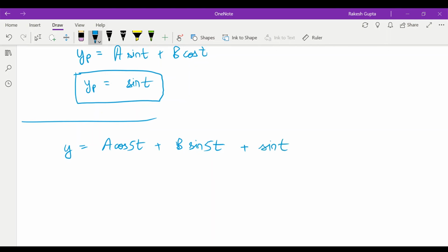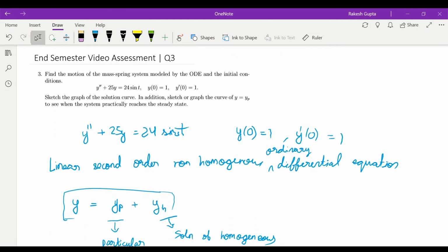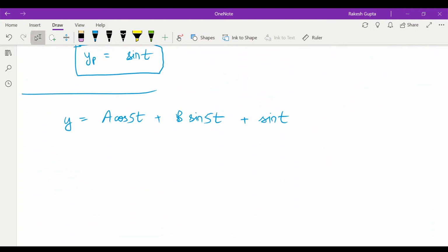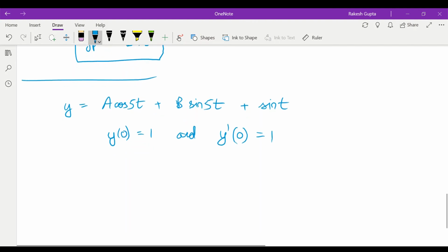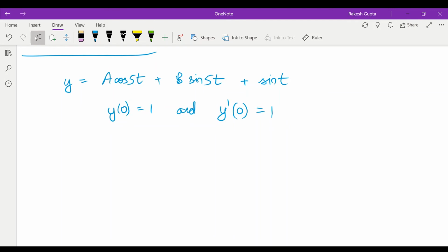Now, as you can see in the question over here, we have the initial values as this: y of 0 equal to 1 and y dash of 0 equal to 1. Just going to write this down over here. So we will substitute these two values in this equation to get the values of a and b. So when we do that,